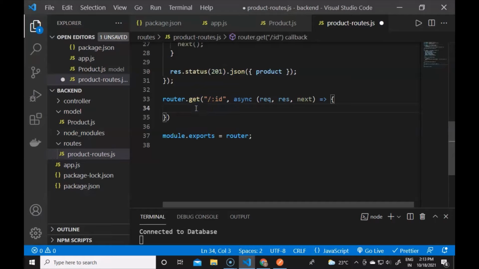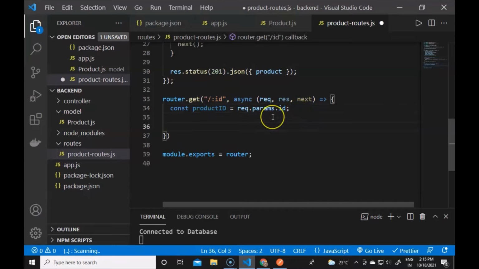And about the request.params, it is an object containing the parameter values passed from the URL path. So to get the ID we need the request.params here. So I will declare a new const, productId, equals to request.params.id. So now the ID is here, which we are giving a value here. So now we have to get the product from this ID.